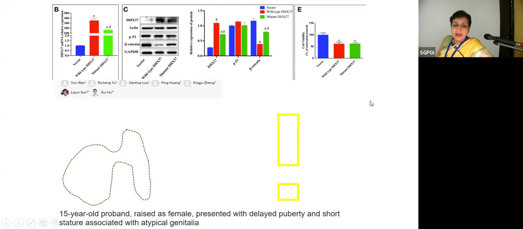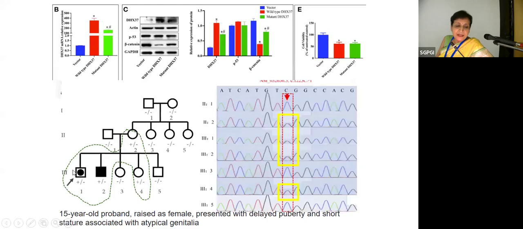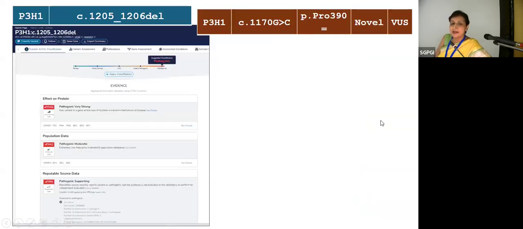And in this family, there were two XY males, one reared as female, who had this variation. And there were also other females who had the variation but were normal. So it is a sex limited phenotype. And with this much information, along with de novo, we can think that this is a disease causing variation. So there was hardly any risk of recurrence, but for the family's assurance,